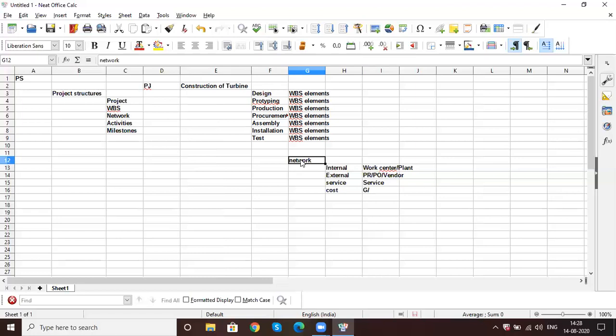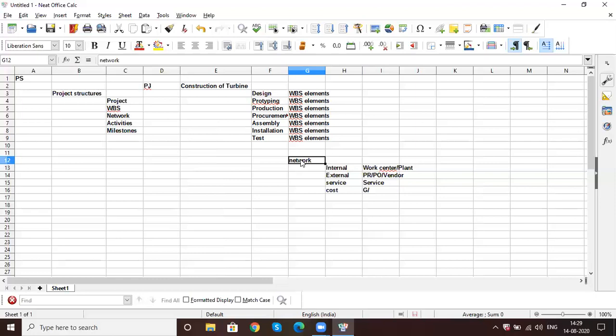Okay, so that's a design phase. I'm in the WBS element of a design phase. In that, I will say I am having a design phase. I am going to do a design for my turbine, or I want to get some approvals for my turbine. But what kind of activities are you going to perform in the design? First of all, you have a draft plan. You will go for a blueprint. You will go for approvals. Then you will release a final outcome. Those are all you are going to do in the network. It's a flow.